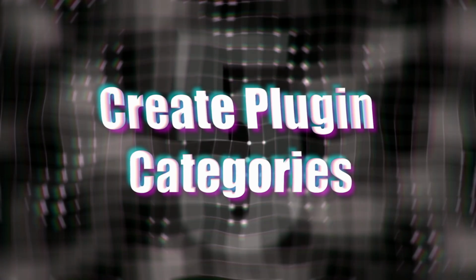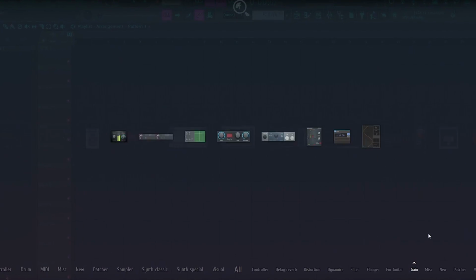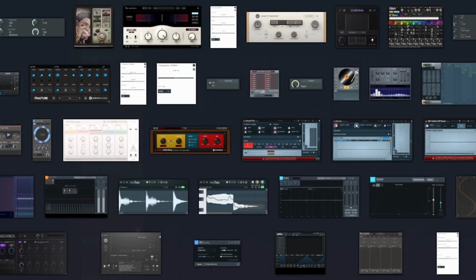Moving on. Create your own plugin categories. If you're an EDM producer like me, you've got a ton of plugins. Sometimes I can't find what I'm looking for, so these categories are super helpful. Unless I look in the MISC category where I've put every plugin I have. To be real, I can't find anything in there, so I'm gonna create a new plugin category to put all